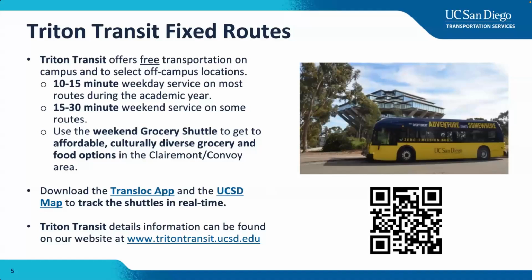Again, not only do we track our buses live on the Translock app, but we also try to communicate and send out reports. So sometimes there's incidents and we can't always account for that. We do our best to stay on time and to stick to our schedule. But again, if there's an incident, if there's an accident, we try to communicate that on the Translock app. So we'll send out a mass notification and it'll say inside loop delay due to an accident. We apologize for any delays, but plan accordingly.